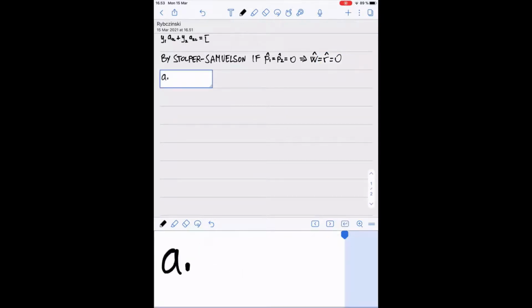So a1L, which is a function of w and r, and a2L